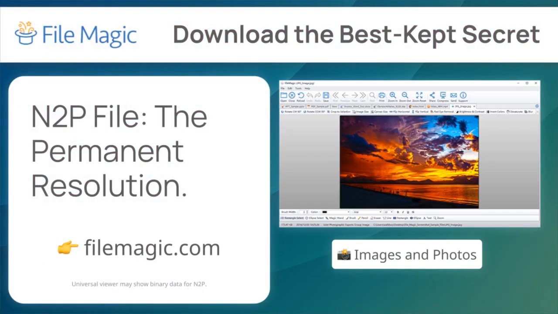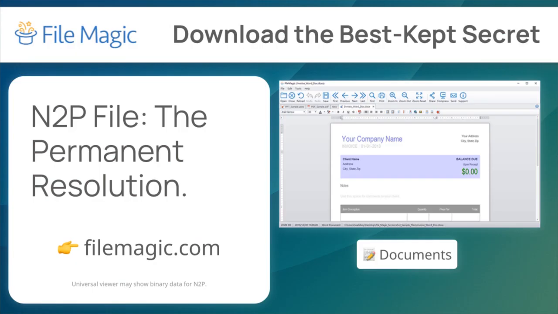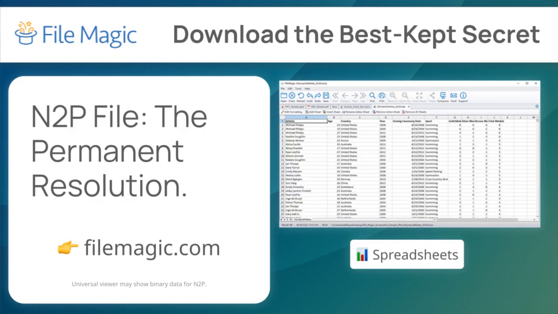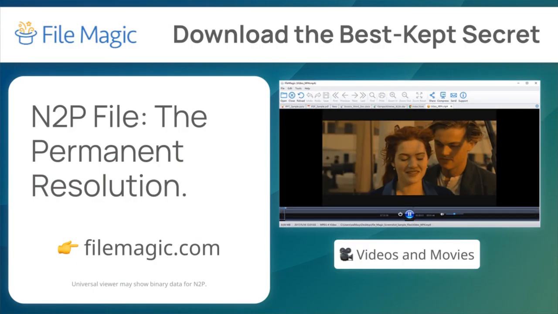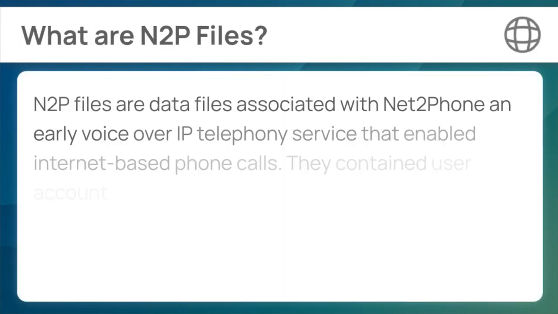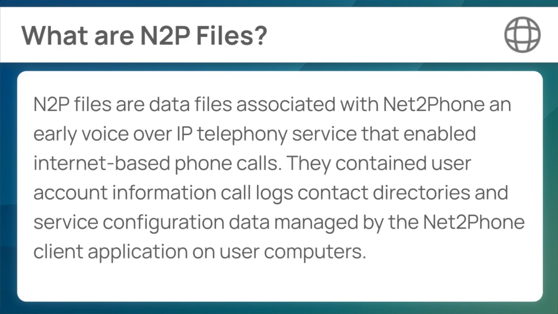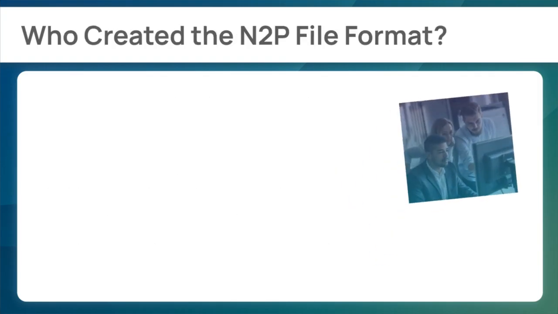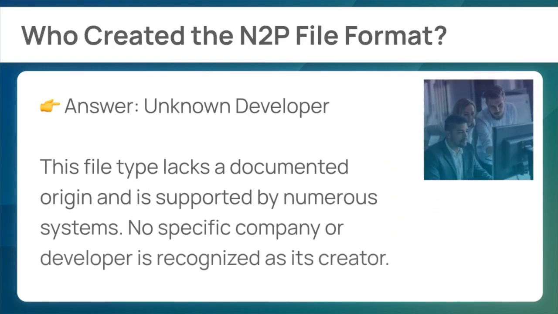A universal viewer bypasses many common N2P Windows errors. This is my personal favorite utility for this task, and I will be discussing it soon. N2P files are data files associated with Net2Phone, an early voice over IP telephony service that enabled internet-based phone calls. They contained user account information, call logs, contact directories, and service configuration data managed by the Net2Phone client application on